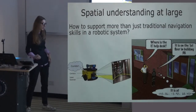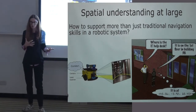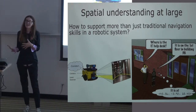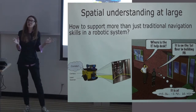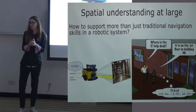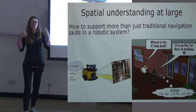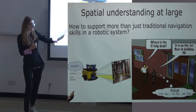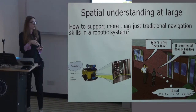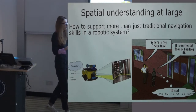Now, what we sometimes forget is how we humans perceive the world around us and how robots do that. We forget that we don't measure the same things, or that we don't measure the environment or represent the environment in the same way. So bridging this gap of what we humans understand and what robots understand, I would say it's still an open problem in robotics. So lots of research that we do at the center is also focusing on bridging that gap,